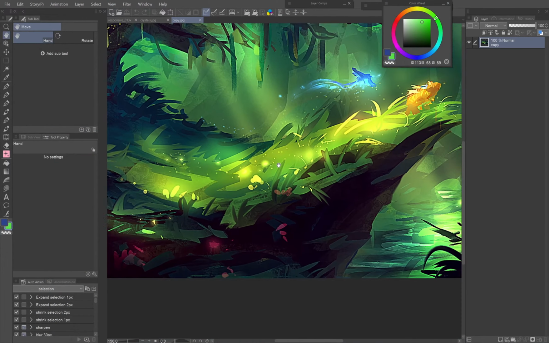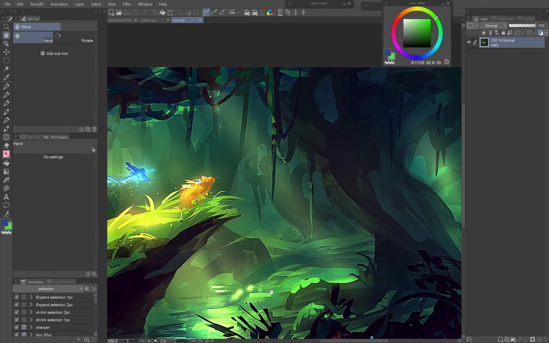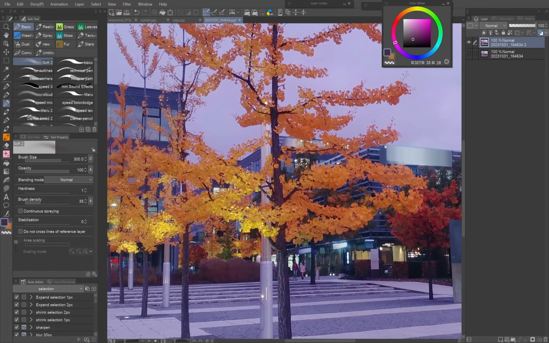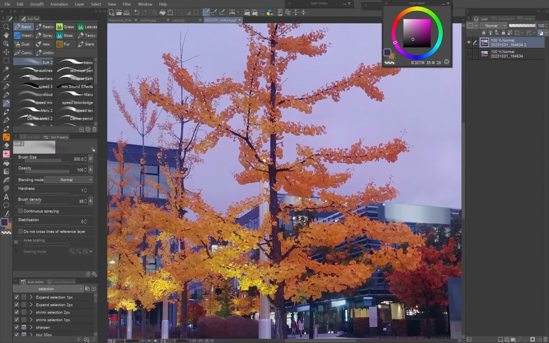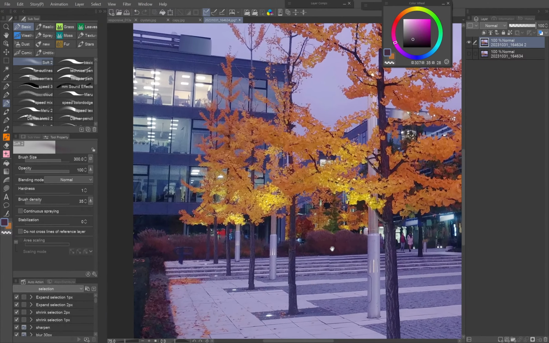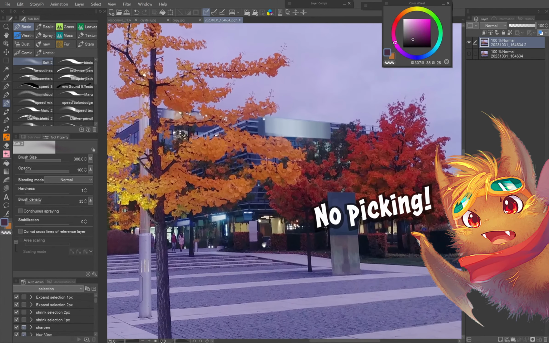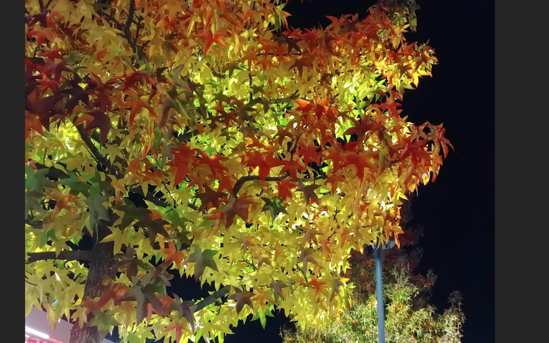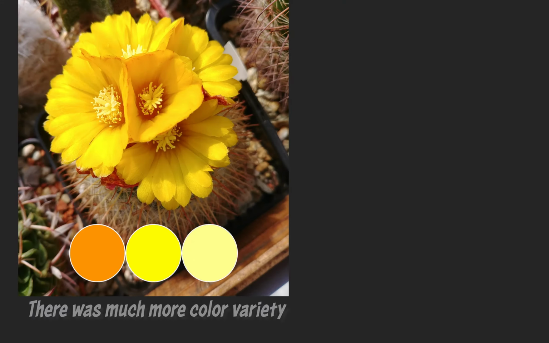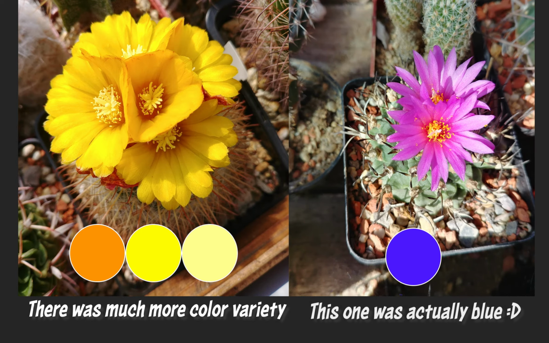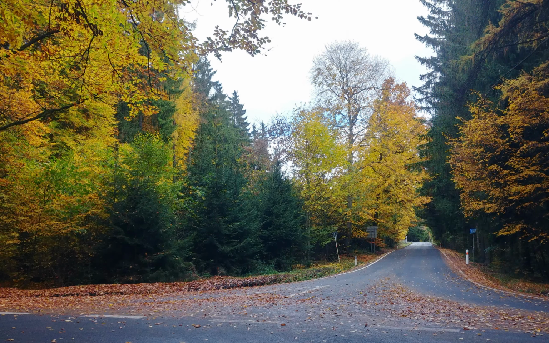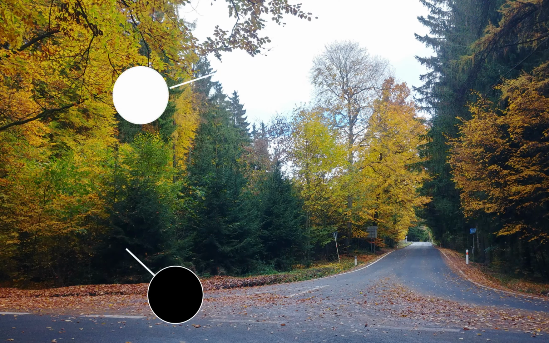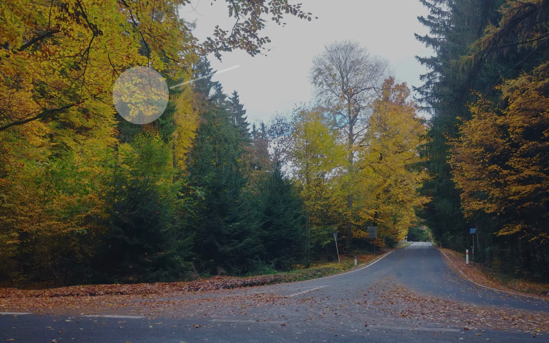Analyze works you like and try to figure out why the colors give the impression you feel. Study how colors work together from reference photos of places and objects you can't access personally, but avoid picking colors from them. Cameras have a very limited color range and tend to group similar colors together. You have probably noticed that certain colors, especially those on flowers, are impossible to capture on camera. Not to mention it makes shadows black and sky white while we can clearly see many colors and details in the shadows and sky in reality.